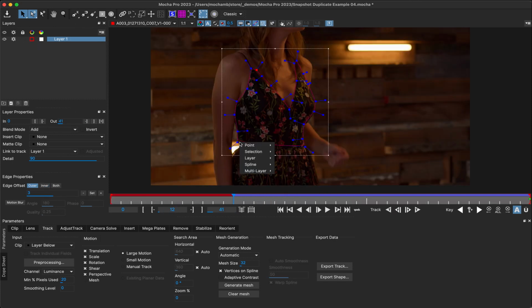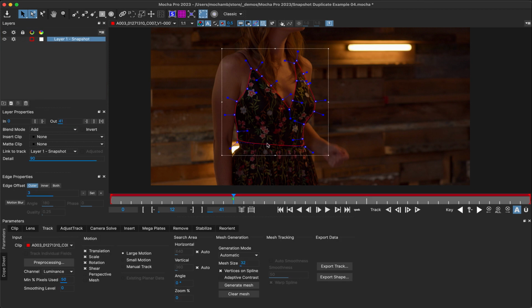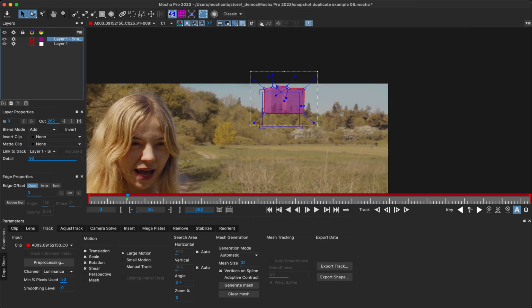Alternatively, if you want to start from scratch at a new point in time, you can use the snapshot duplicate function to create a copy of your existing layer at that frame. This new layer clears away all keyframes, but importantly it retains the same shape and position as where you duplicated it from. This is very handy if you need to break up your track into sections or want to start your work from a different place but don't want to redo your spline. This option will also copy the exact placement of the surface in the previous layer, making it easy to line up tracking data across multiple layers.